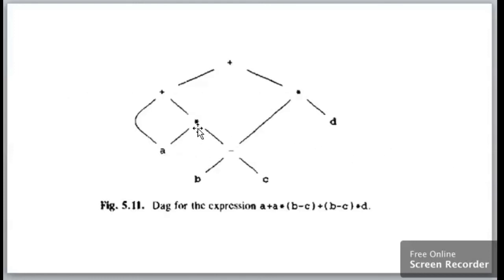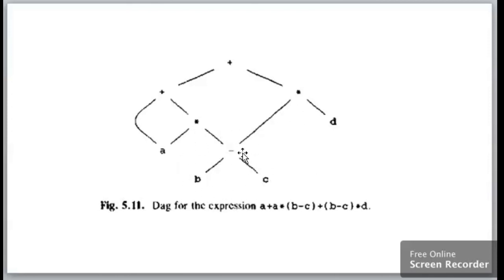What were the 2 parents? One was for this asterisk and the other was for this other asterisk. So there would have been 2 times B minus C. One of the B minus C would be connected to this asterisk, and the second asterisk would have been connected to the other B minus C. In the same way there would have been 2 A's, one A over here and the second A over here. Now if that would have been my syntax tree, how would I have evaluated it? So that B minus C at 2 ends, we have combined into one single node.